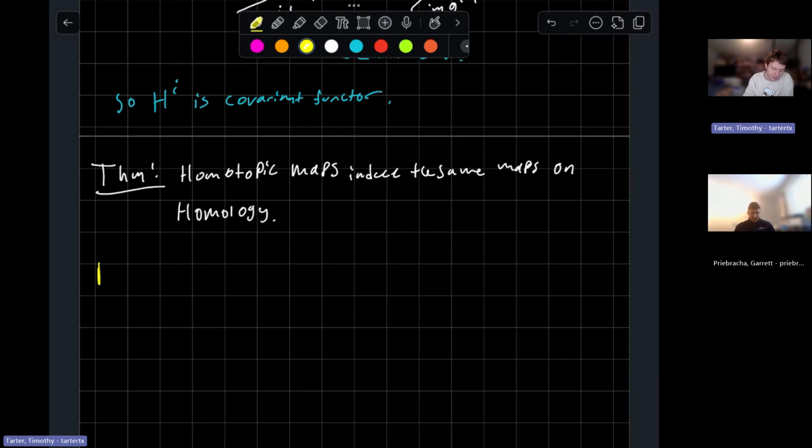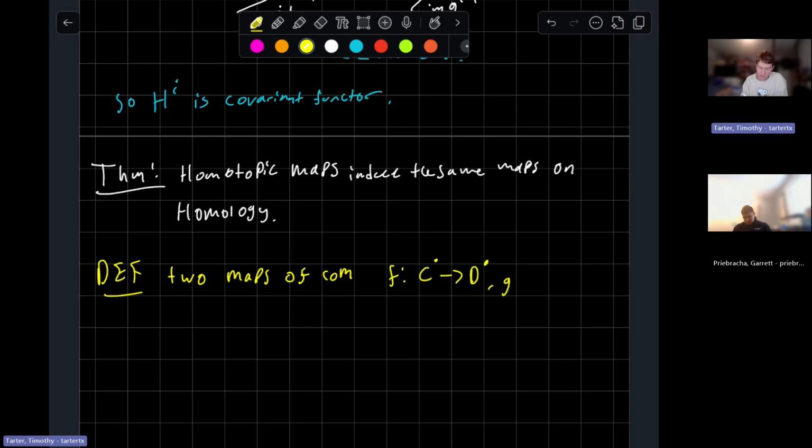And as a definition, two maps of complexes F from C complex to D complex and G from C complex to D complex are homotopic